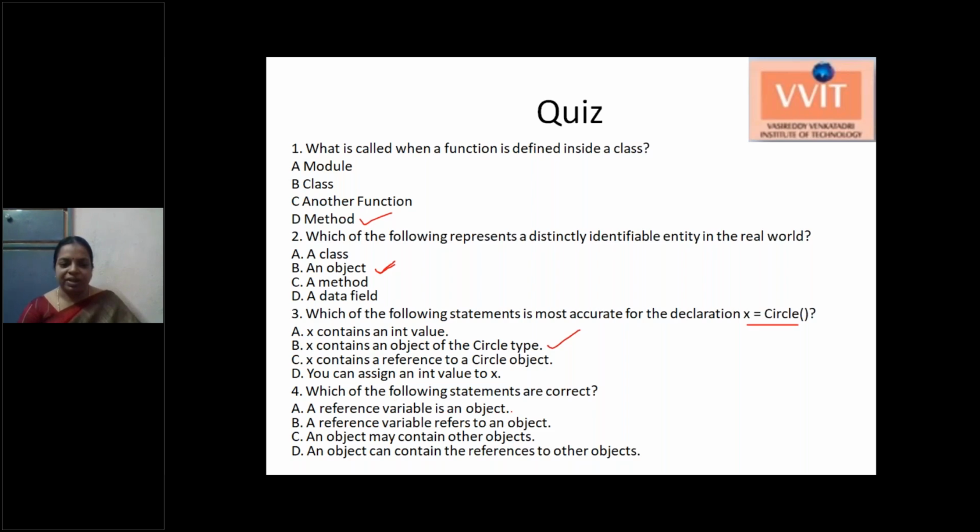A reference variable is also created as an object and can point to a particular object. Using that we can access the members of that particular object. So a reference variable is an object is the correct answer, A.